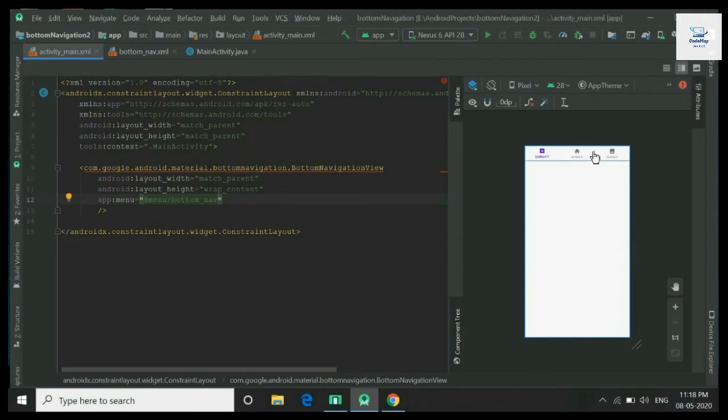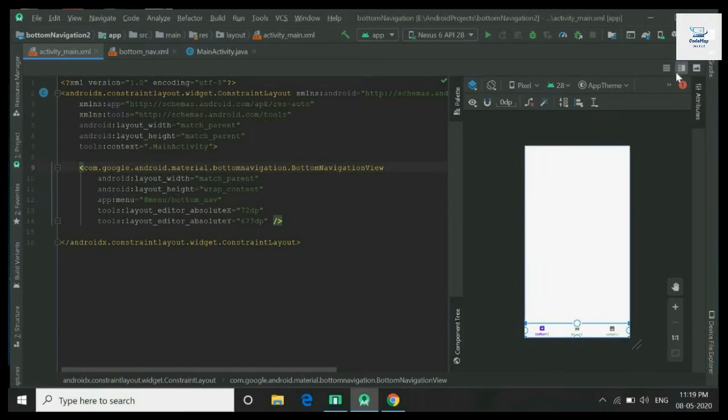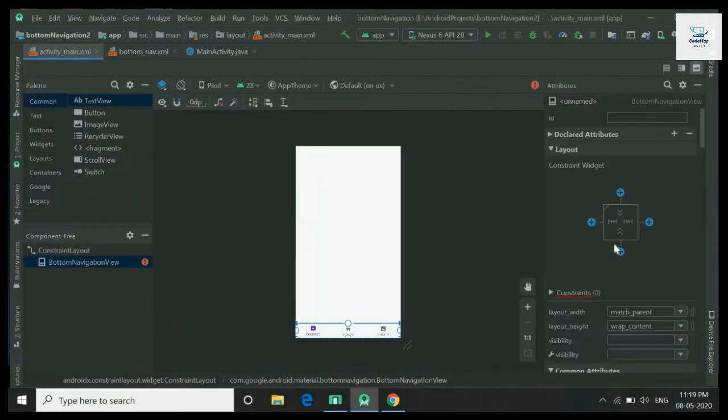Now as you can see, this bottom navigation is at the top, but we want this at the bottom, so this is a constraint layout. You can move this down and constrain it to the bottom and constrain it from 3 sides.